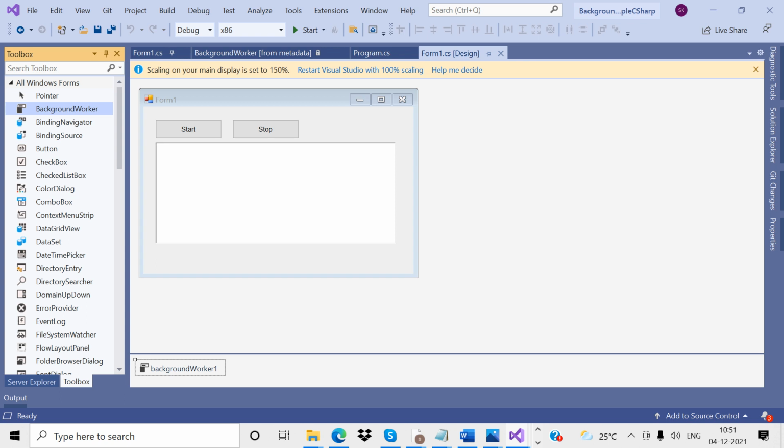Those things can be handled by the BackgroundWorker process.